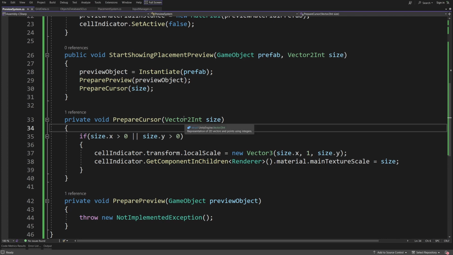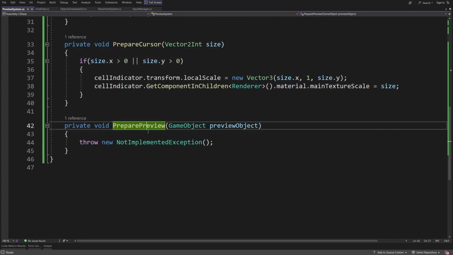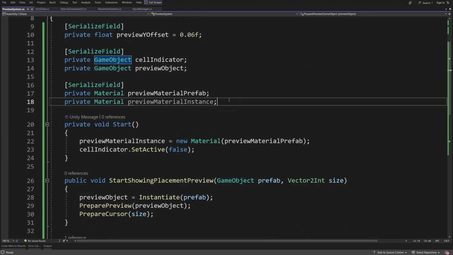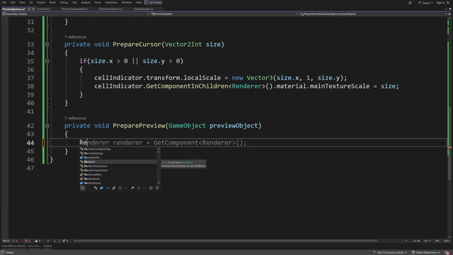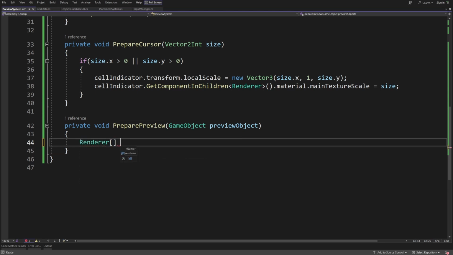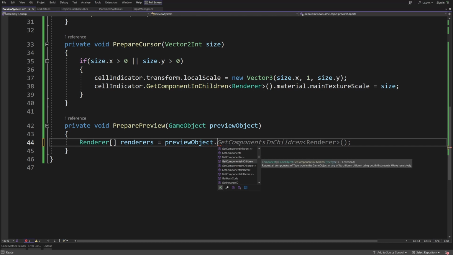Okay, so similar thing we need to do with our preview object, but we need to swap the materials of our preview object that we have instantiated for the transparent material that we have a reference here too. So let's go to our prepare preview, and what we are going to do is create a renderer, array of renderers equals, and we are going to access the preview object, and since every object has a parent object, we're going to access get components